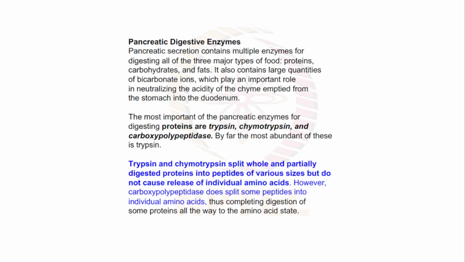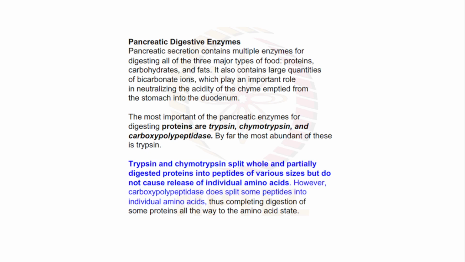It also contains a large quantity of bicarbonate ion. Why this bicarbonate ion? So that the food that is coming into the stomach is acidic, has an acidic pH. To neutralize that, these bicarbonate ions play an important role. And the most important of the pancreatic enzymes for digesting proteins are trypsin and chymotrypsin, and the one which was